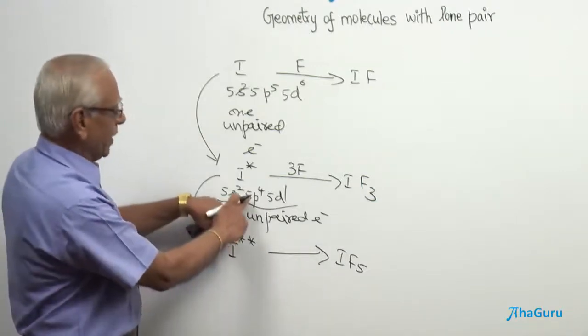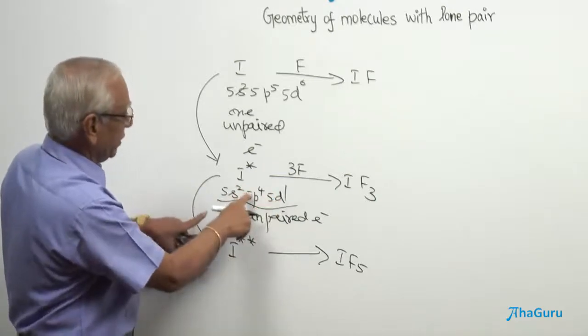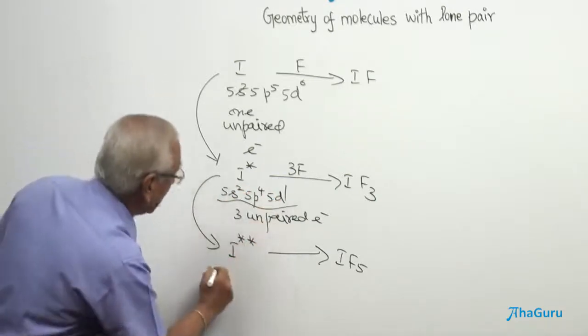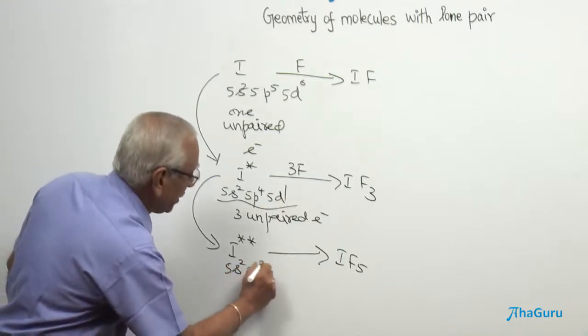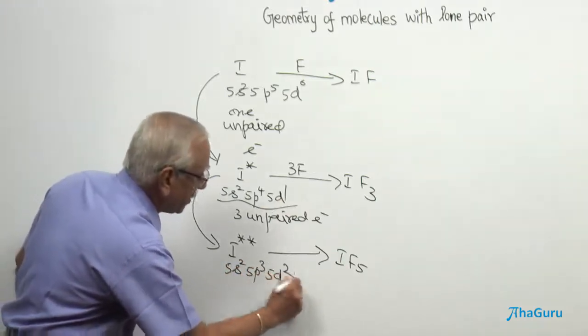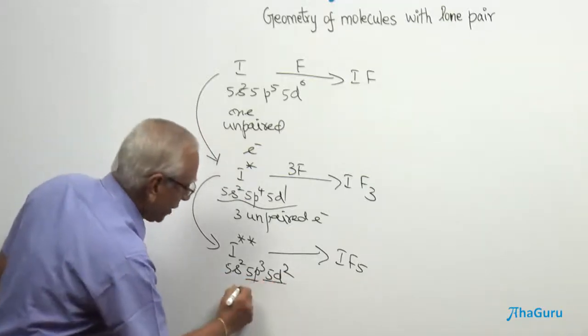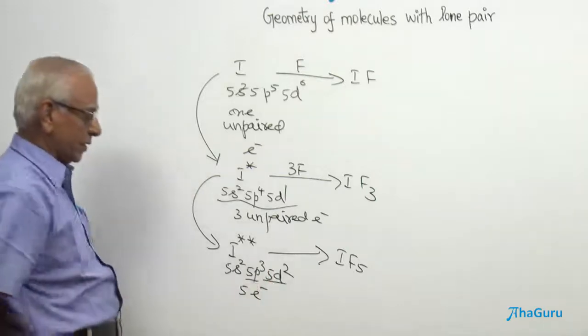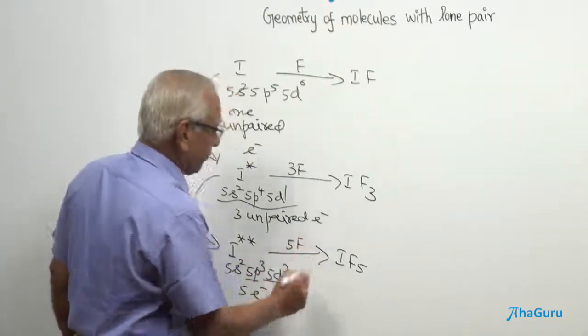There is going to be one pair here. That one pair is going to be uncoupled and promoted here. So, if that is taken over here, the electronic configuration is going to be 5s2, 5p3 and 5d2 here. So, totally there are 3 unpaired electrons and 2 unpaired electrons. There are going to be 5 unpaired electrons here, and the 5 unpaired electrons can combine with 5 fluorine atoms